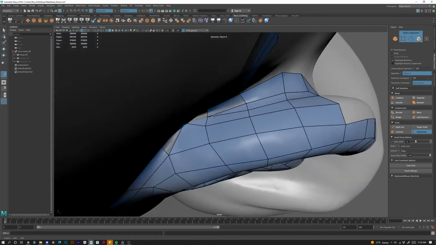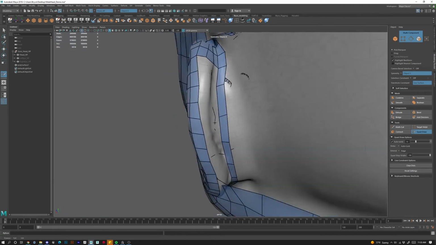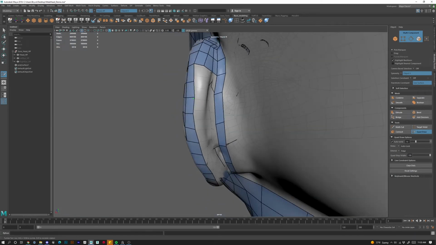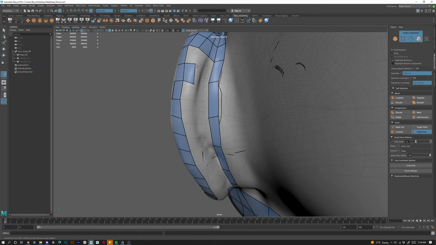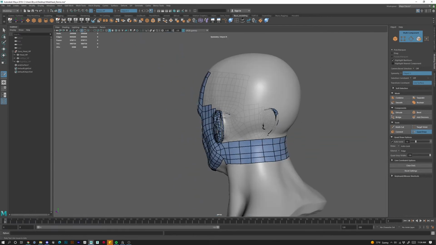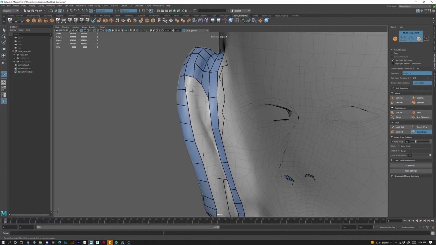Oof, that's stretching that too far. We'll just keep going. But yeah, you go around the whole ear. Again, you can utilize tris. Let me show you a better example. So right here, I think. You can see how, because we still don't need a lot of topology back here, you still want to try to limit it. So this is a good way we can utilize tris to reduce the amount of topology going